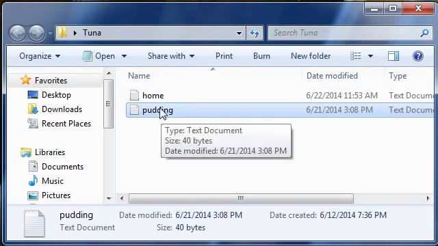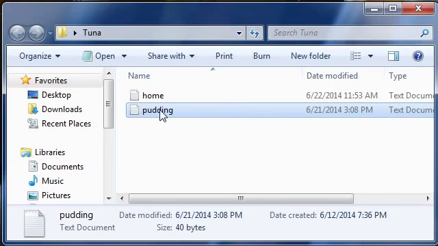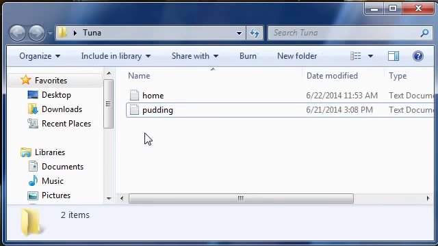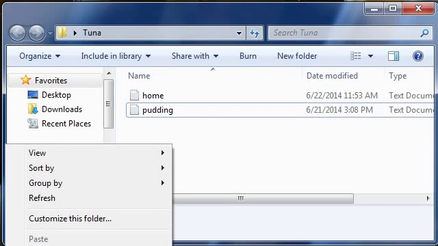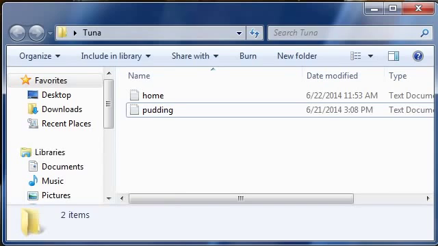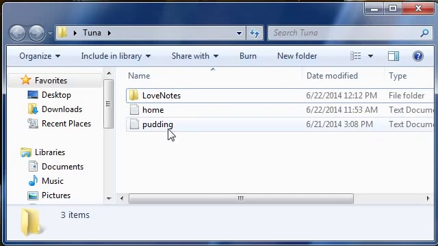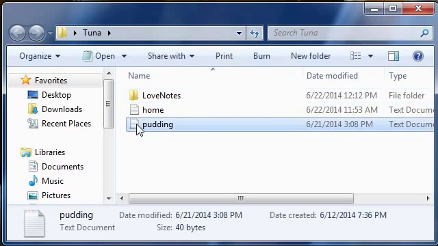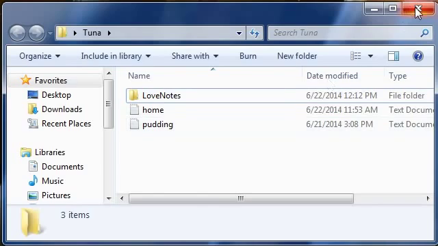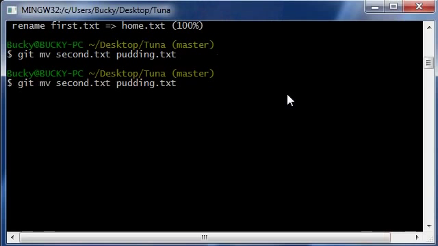So say that this pudding text file is actually a love note to my crush, and her name is Patricia Pudding. So what I'm going to do is make a new folder, and I'm going to call this love notes. Alright, so what I want to do right now is add this pudding file into this love notes folder. So let's go ahead and do that. Let me delete all this. So what we can do is put git mv,